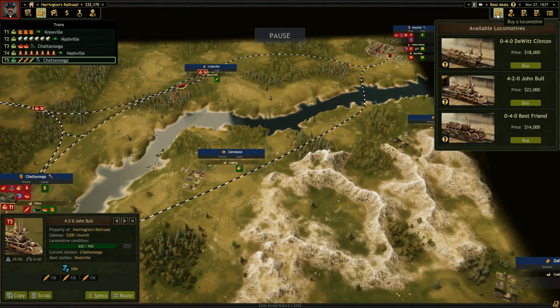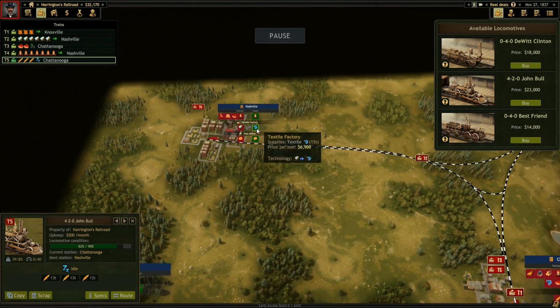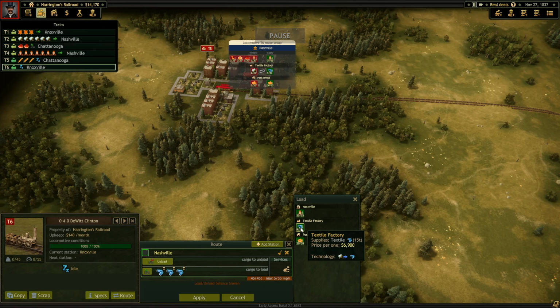Okay, got some money. How much does that new train cost? That new train costs only 18,000, but it can't actually pull that much. Its advantage is it's super speedy. But the nice thing is, textiles aren't actually that heavy. So, your first job is go to Nashville, basically just get as much of that as...